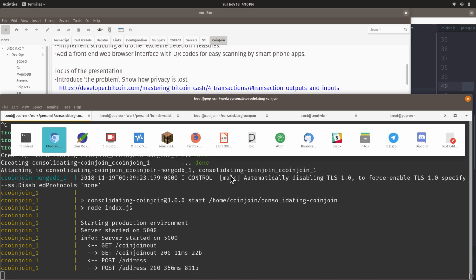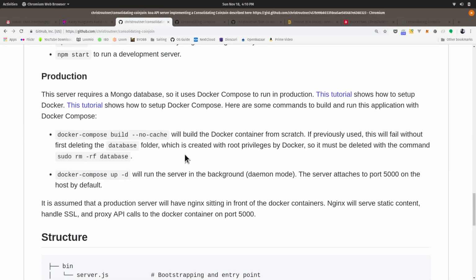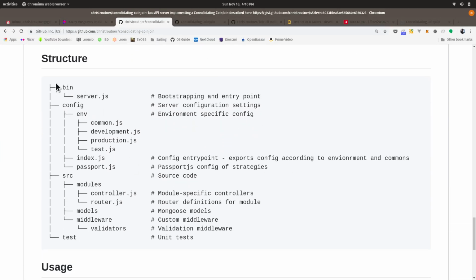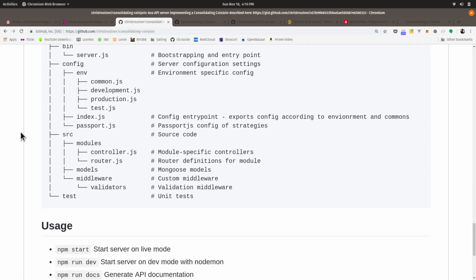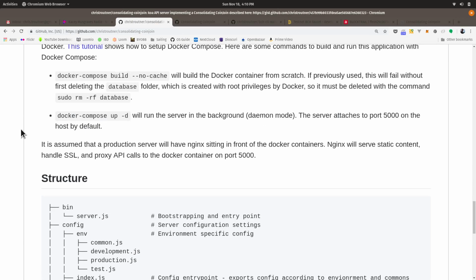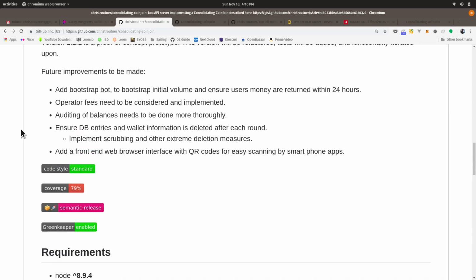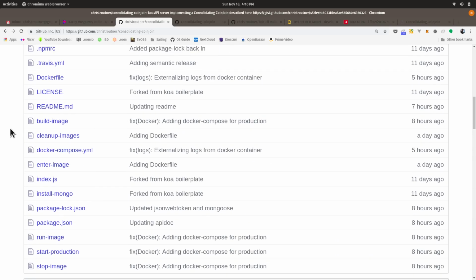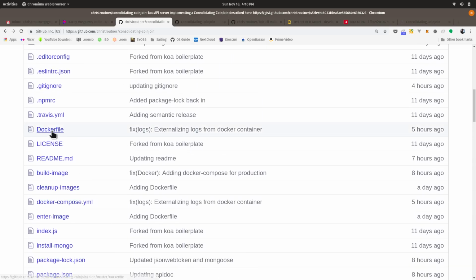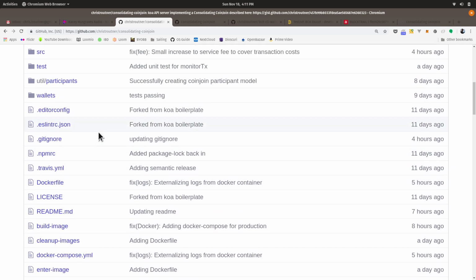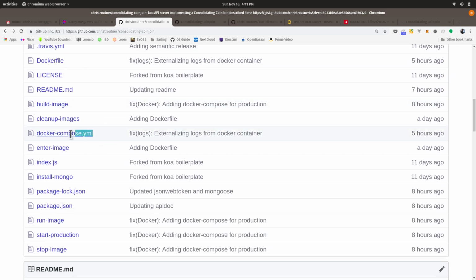Let me walk you through where the code is. The structure gives an idea of the overall layout, but the important files that I'll touch on: here's the Dockerfile, and that's what creates the Docker container for production. Here's the Docker Compose file.